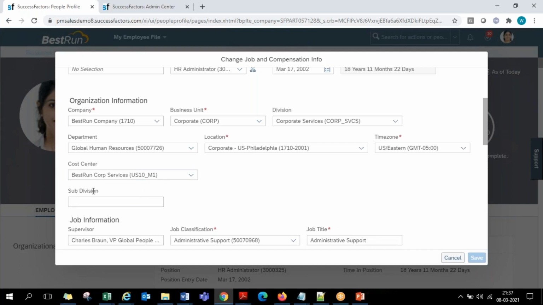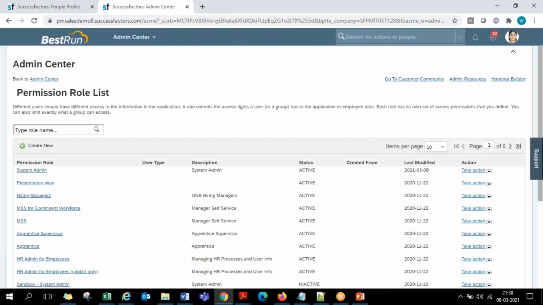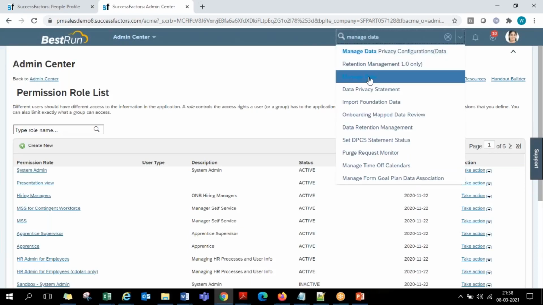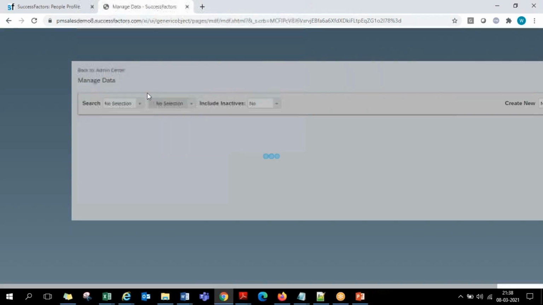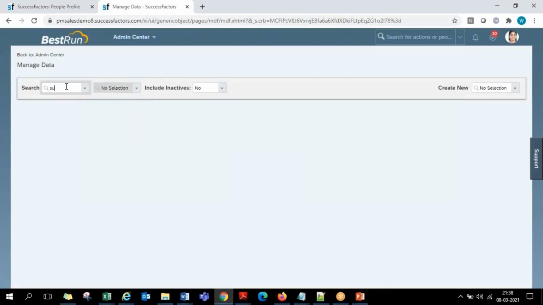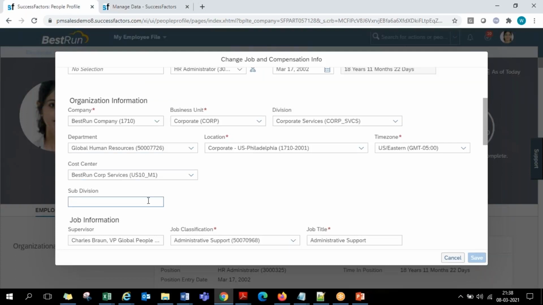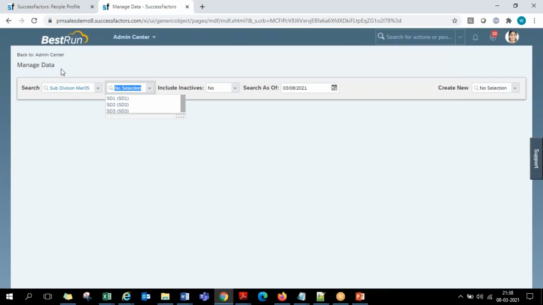Second, whatever values you have in the managed data for this subdivision, SD1, SD2, whatever we created, if they are to be brought here into the field as a drop down, let me first open the object here, the subdivision. Here we have three values, I guess. Yeah, SD1, SD2, SD3. So these three values should be coming here in the drop down. For that, we are required to link this custom field with this object in this managed data level, whatever the object is, you are required to link it with that.